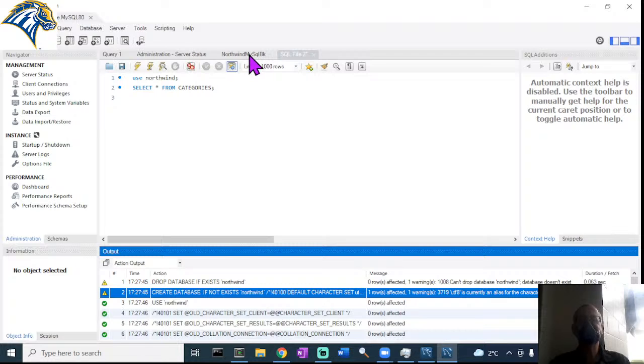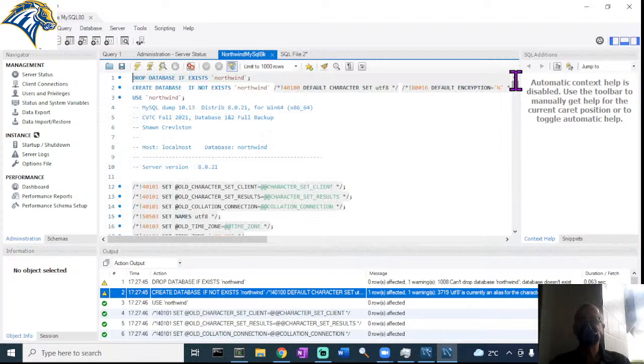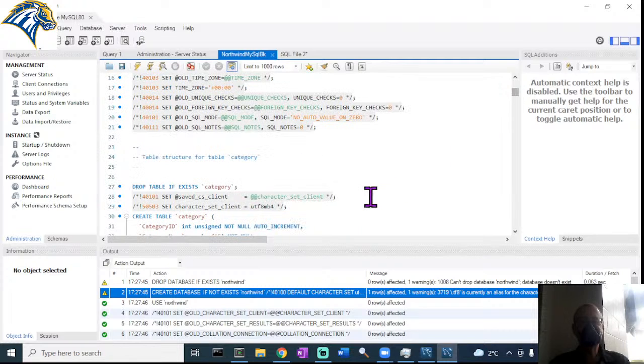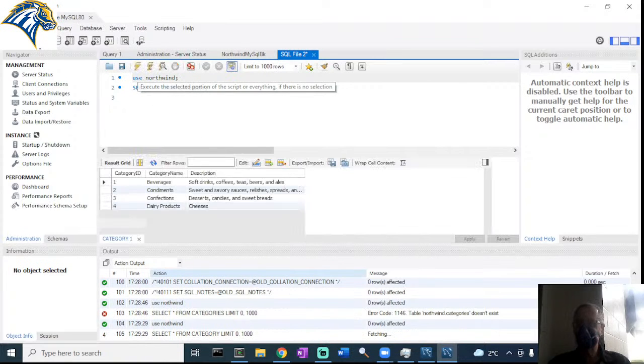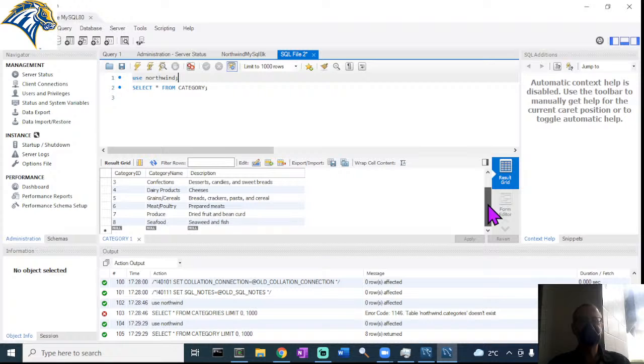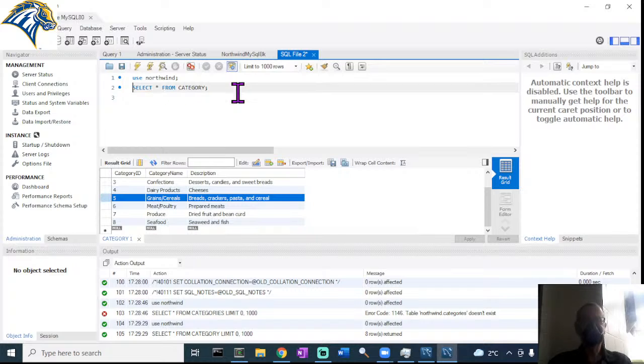What we created. Maybe I didn't. Oh, the table is called category, not categories. So category. Now let's see if that works. Okay, and there's the table, and there's the one that I'm looking for in the test. So if we really wanted to be specific, we could say where category